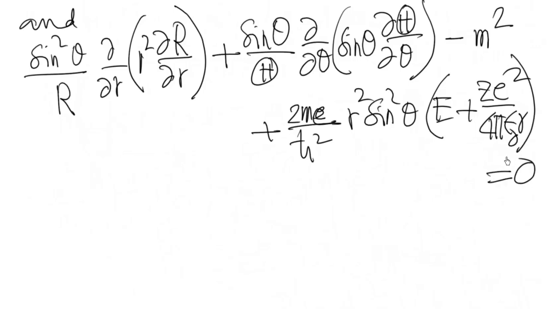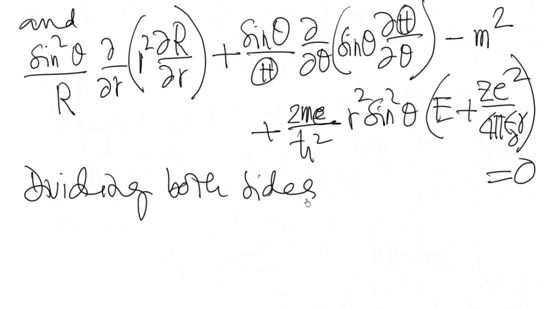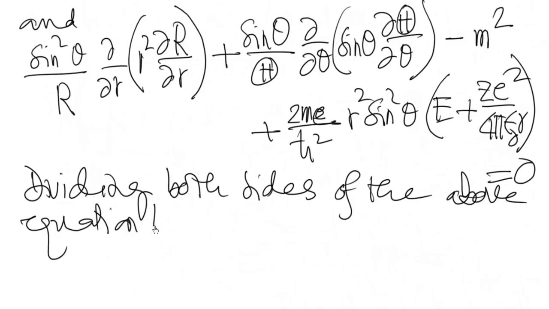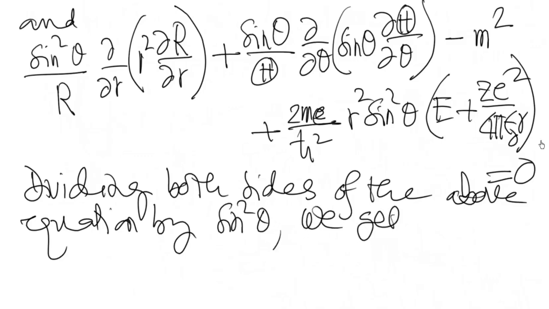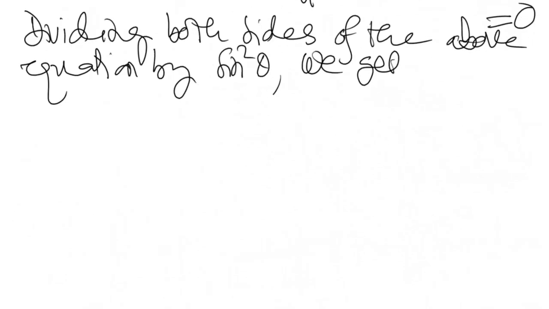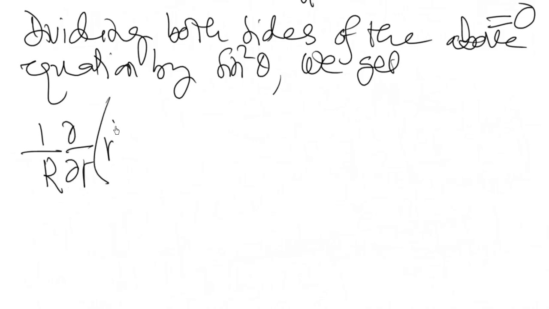Okay, dividing the above equation by sin square theta, then we get 1 by R del by del r, r square, this,